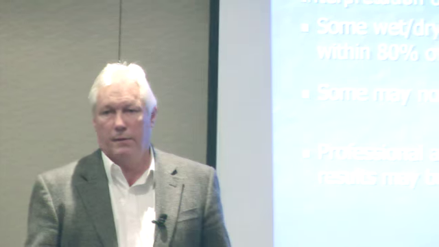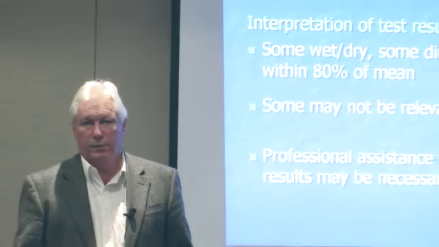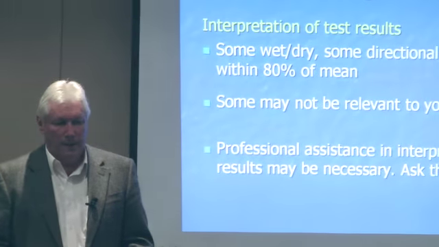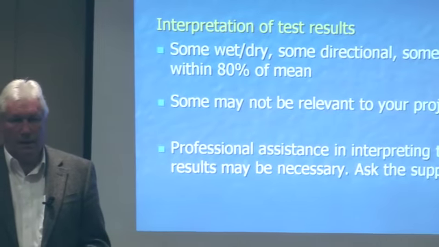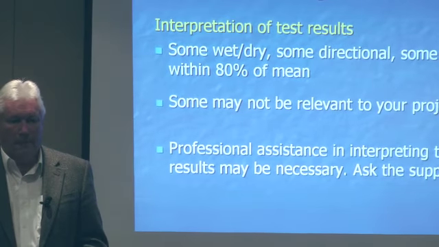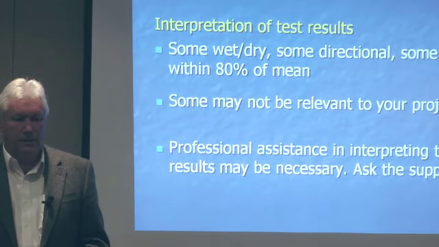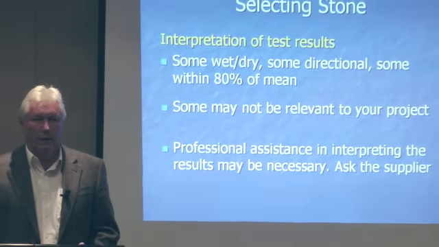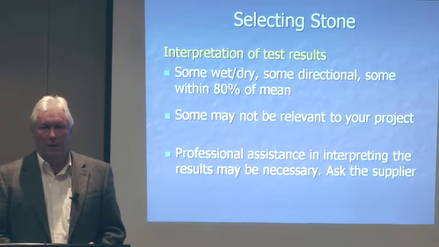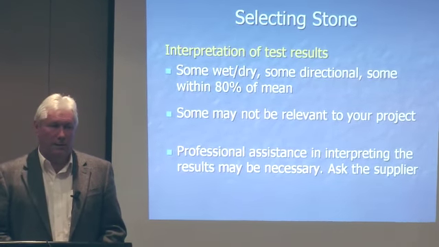So the interpretation basically of those results gets a little bit complicated, and it's hard because you want to select a stone and you go to the website or you ask the supplier and he gives you a sheet that's got a whole pile of numbers and funny symbols, scientific symbols, and it doesn't mean anything to you. So you might need to get some expert advice on that, and your stone supplier can probably do that as well. But for instance, there are some tests that are done in the wet and some are done in the dry, and if they give you one and not the other, it might be that the stone is not actually really a good performer,